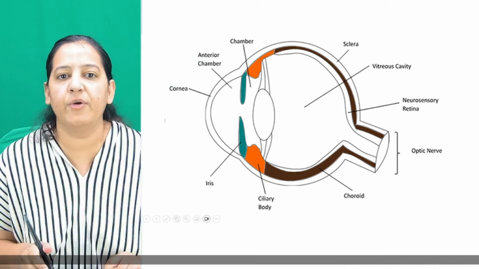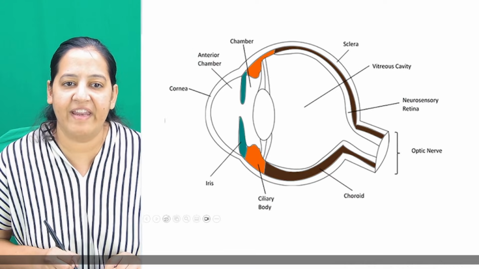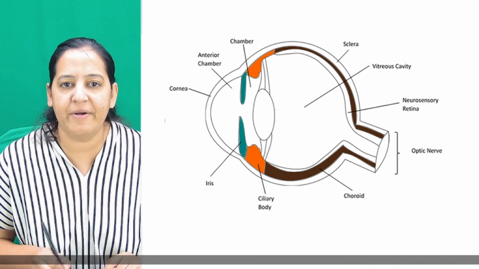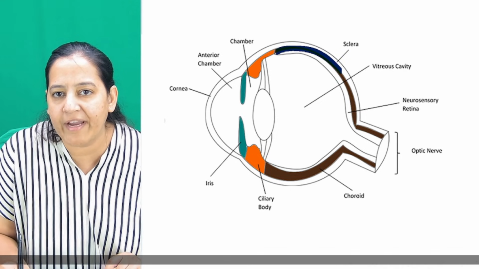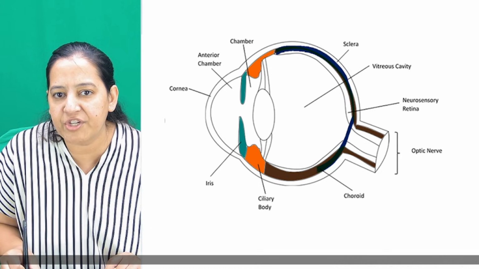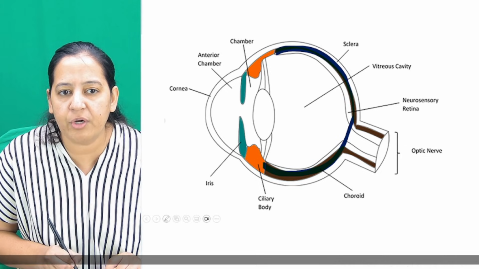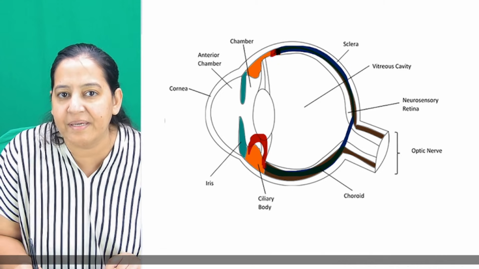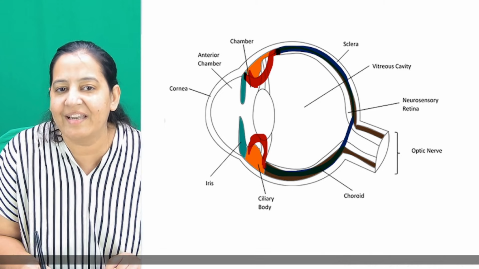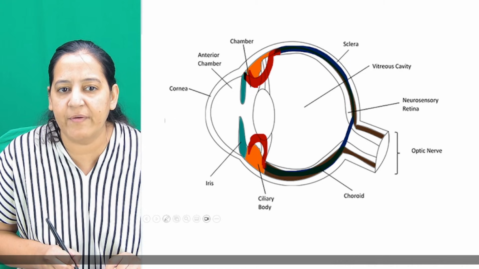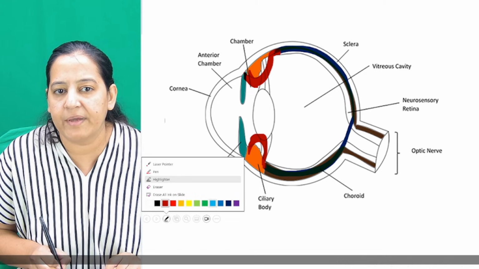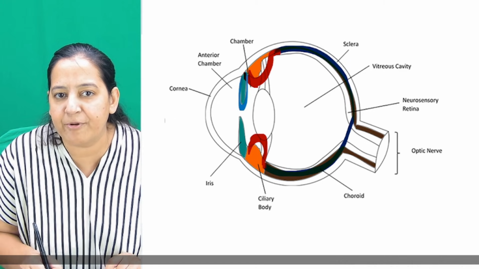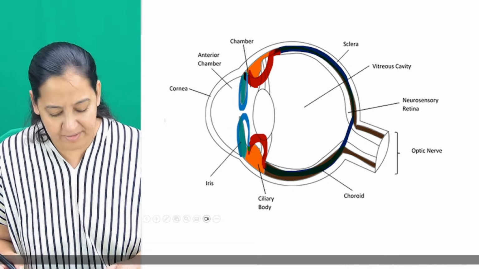Okay, you can appreciate the middle layer very well. I'm not interested in outer layer. I'm interested in middle layer. Appreciate the choroid, the black color choroid. Can you appreciate this is choroid? The continuation of the choroid is ciliary body. Appreciate this is ciliary body. Ciliary body is having ciliary muscle. Okay, and the continuation of ciliary body, you can see this is iris. Appreciate iris. So the three things are in continuation.